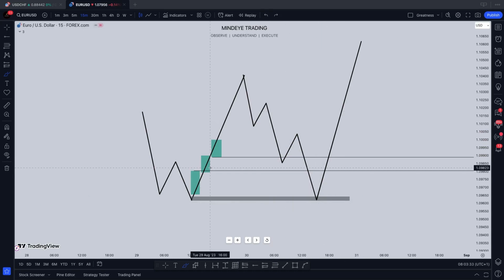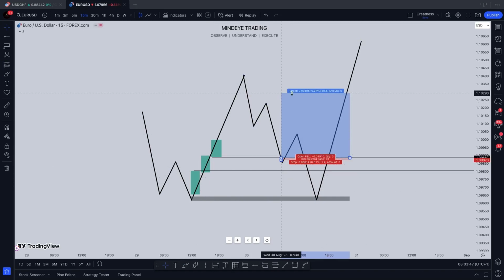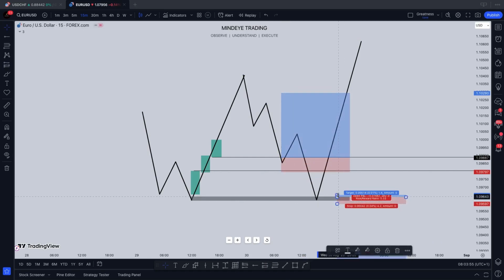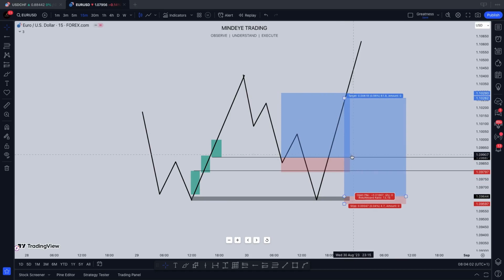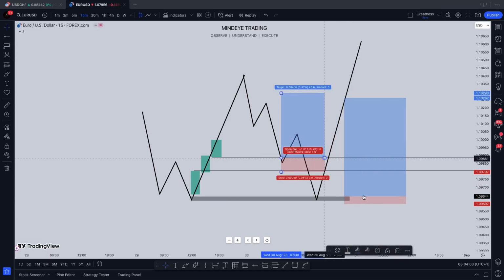So it depends on your trading method, your strategy, or your edge. If your edge says that you must always have two areas of interest, then you can look to taking this first area as your point of interest if you want to buy, and this second area as also your second buy area, simply because your method allows you to do that. But if your method allows you to use just one point of interest, then you would have to backtest and refine, know whether to take the point of interest at the imbalance or the point of interest below the imbalance.